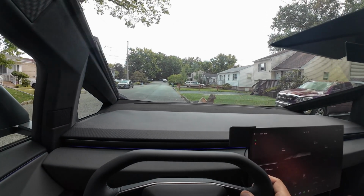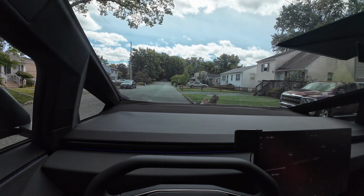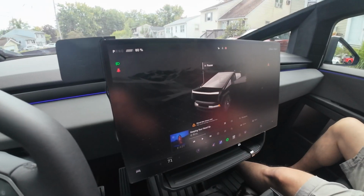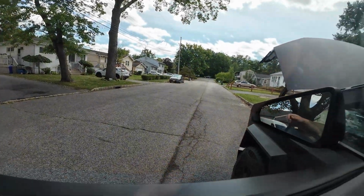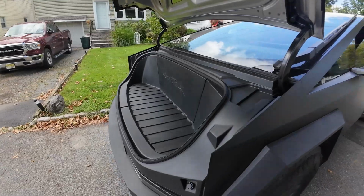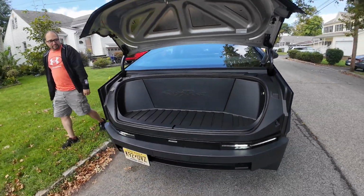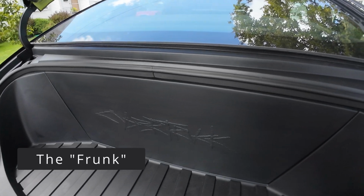All right, let's open the front and look at it before. You can actually open it right from here. Okay, Frunk. Let's open that Frunk. It's a powered Frunk. You can open and close it a number of different ways. Just before my battery dies, let's get some Frunk. There's a little bit of Frunk. And so, I know there's stuff behind it. We're not going to open it, but...